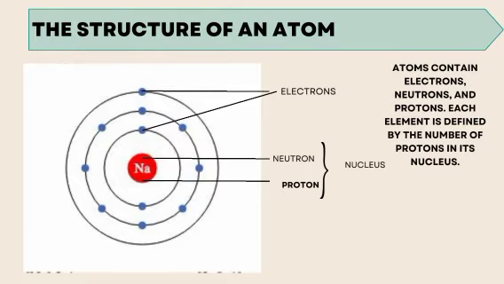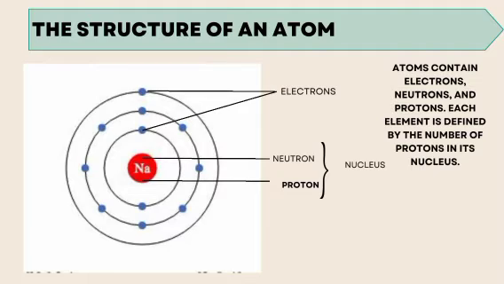Within this orbit, we have the nucleus, and the nucleus contains the neutrons and the protons, and we have the electrons revolving around it. Those circles that surround the nucleus are the orbits, and that is where the electrons are